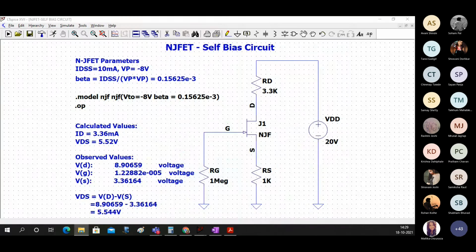So I'm putting this circuit in the chat box. This is the circuit that we are now going to simulate. Are you all able to access the circuit? Please unmute and tell me whether you can see that circuit. Yes, sir.